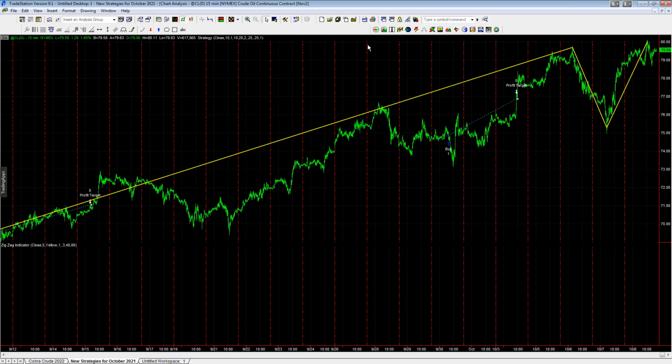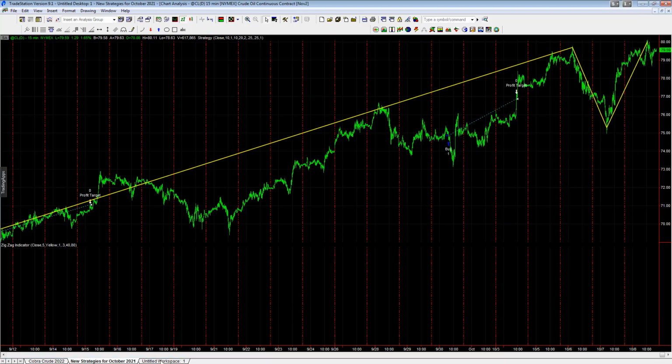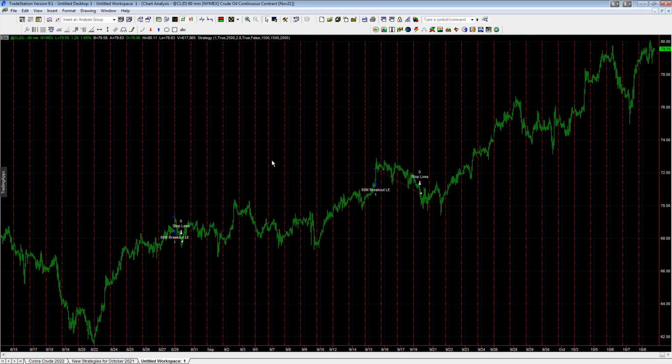This one is long only, this swing trade is long only, and the Cobra strategy is long and short, and this is the day trade as well. So those are the latest reports and what I wanted to share with you. There are other ways to trade crude oil in equities with options, but from a trading systems perspective, trading futures, these are some of my favorite approaches along with some of my existing crude oil trading